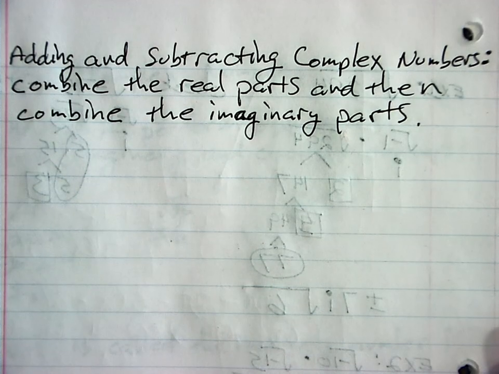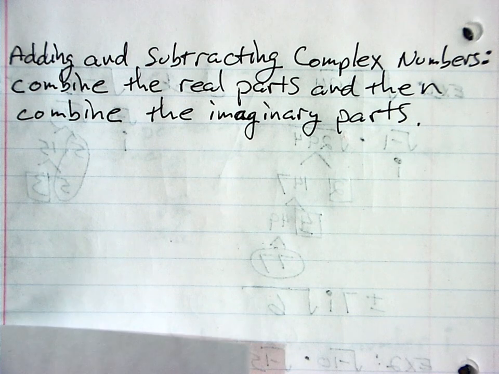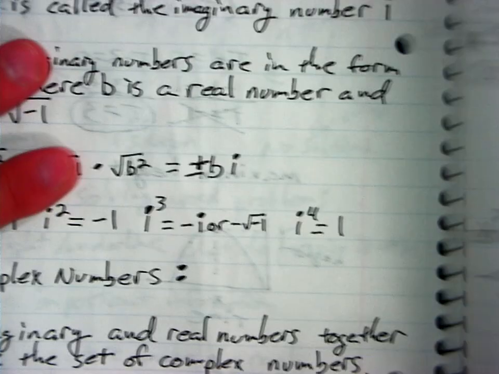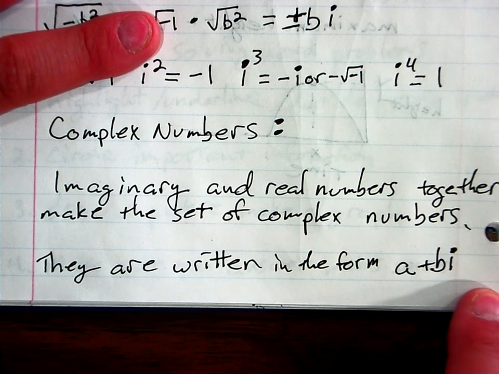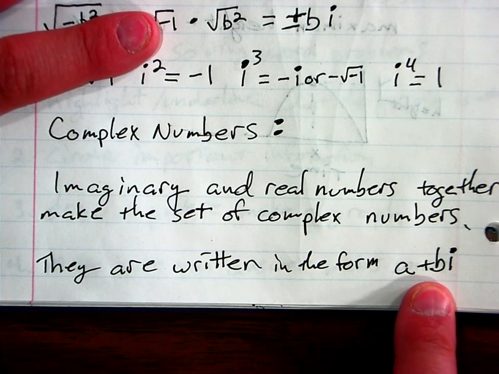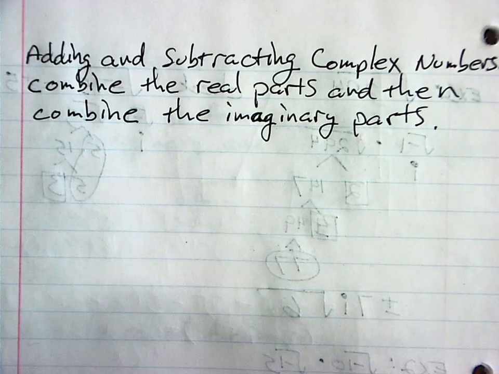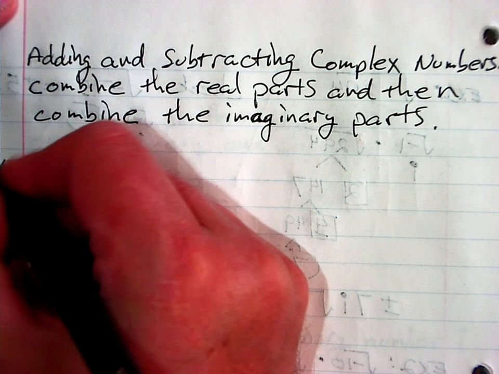So that's what it means, complex. Complex is made up of a real number and an imaginary number. That's what makes it complex. And we went back earlier and we said they are written in the form a plus bi. So that means a is our real number, i is our imaginary number. So real number then imaginary number is the correct order. So example 4,